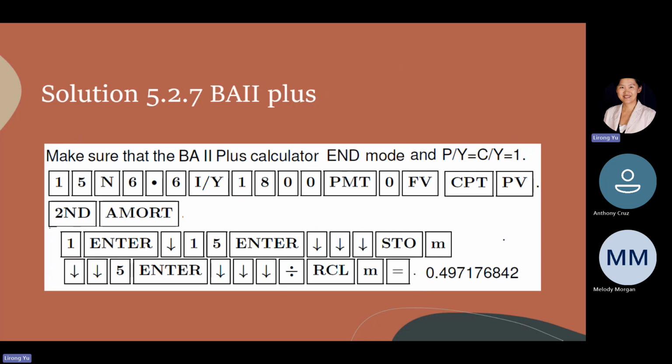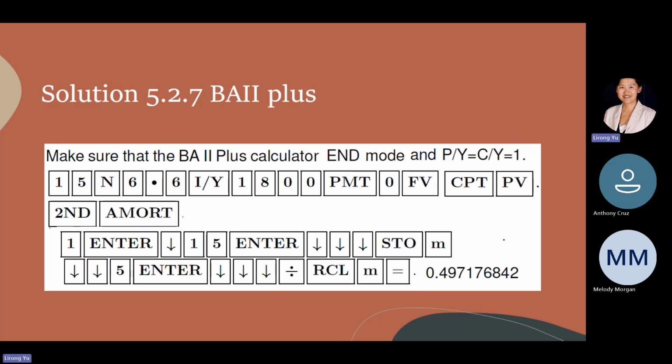This is how we do it with a calculator. We will put in the number of payments per year. How many payments do we have? 15 payments, 15 years. Each year we're paying a payment amount of 1,800. We put in an interest rate of 6.6. Future value is supposed to be 0. We can calculate present value, which gives you the loan amount. And then you go to second amortization. And from here, you can figure out